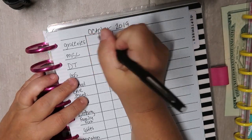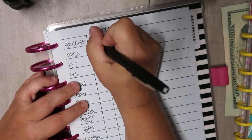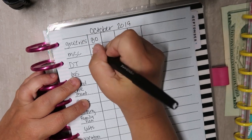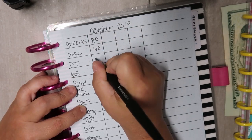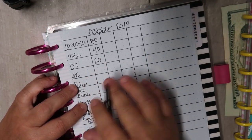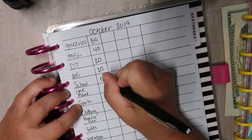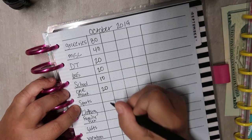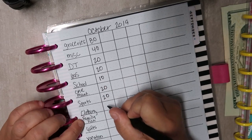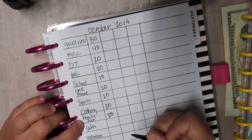I didn't do any calculations this week, so you're going to see me do this off the top of my head, okay? So we're going to do $80 here, $40 here, $20 in my Dollar Tree fund, which is just my little extra 20 bucks to buy craft supplies or whatever the case may be, $20 into gas, 10 into school, $20 into car maintenance,